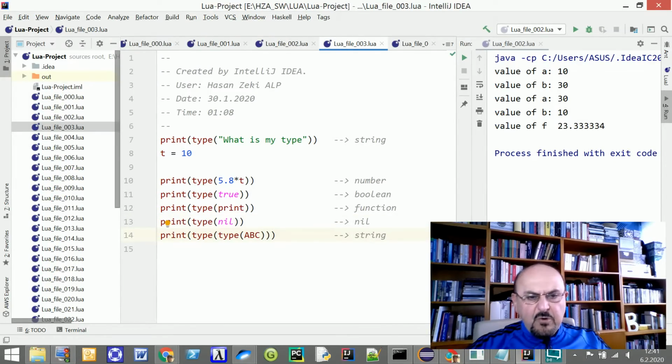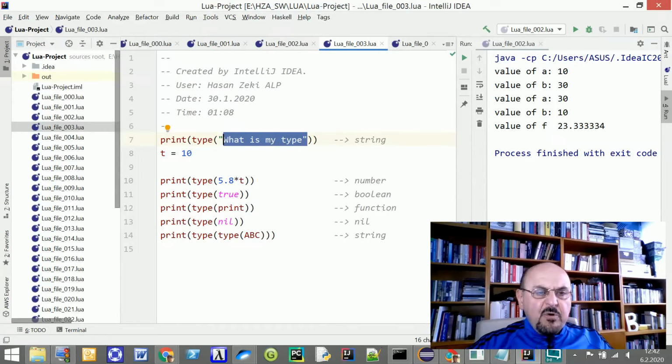And string also. By saying this one, what's my type, within brackets, within quotations, I query about the type of this thing. In fact, as you can see, it's a string. It's a hexadecimal string. It contains alphabetic characters, and we can say that it's a string.